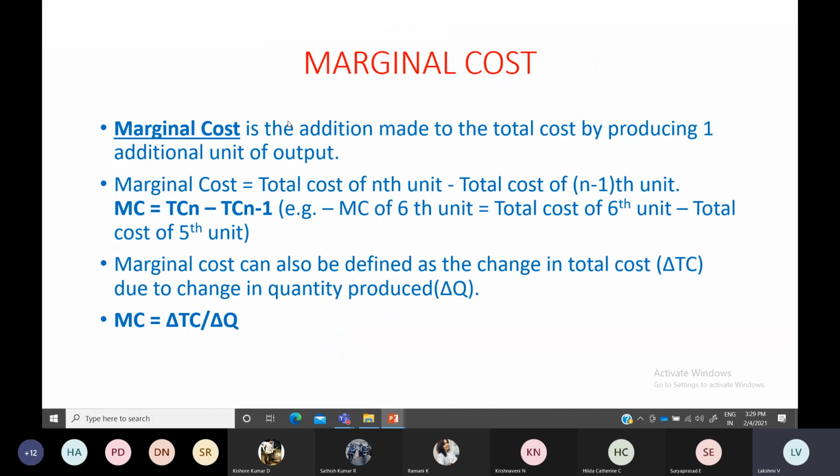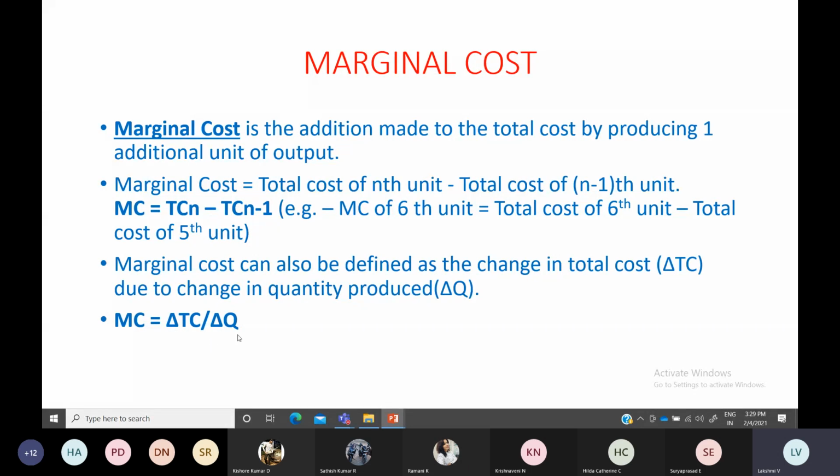Apart from that, we need to know about marginal cost. As we said, if you want to increase one unit of output, additionally you have to incur some labor cost, some raw material cost, everything you have to incur. For every 1 unit of additional output, you have to incur an additional cost of production, that is per unit cost. So that is known as the marginal cost, for which you have this formula. The marginal cost formula is this one. Delta is the symbol, change in total cost divided by change in quantity.